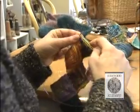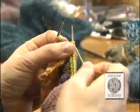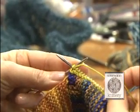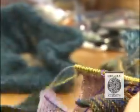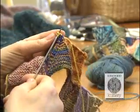Okay, I've knit the second to last stitch, and I'm going to bring the yarn between the 2 needles to the front, and then I'm going to take the last stitch as if to purl. I'm going to slide it from one needle to the next, and then I'm going to turn around. And now I'm on the wrong side row, and we're going to do the decrease when we get to the marker. So I'm going to knit across